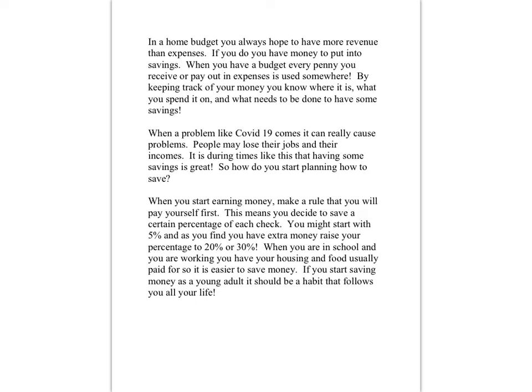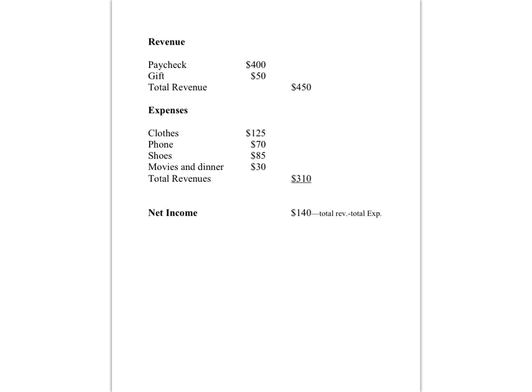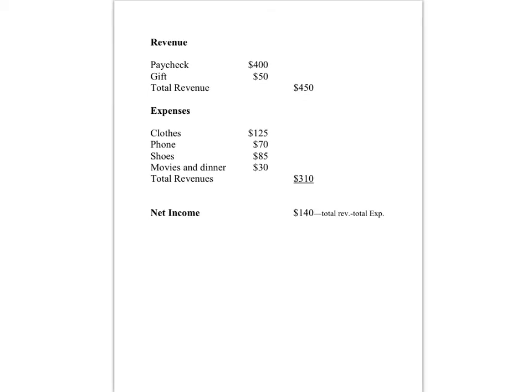The next page I want you to see, with the problem, is this one right here. So let's take a look at it. If you have a paycheck, and that's income of $400 right here, that's really nice. Oh, and you got a gift for $50. That's all money coming to you. So if you add these two numbers together, you get this number right here. That's your total revenue,